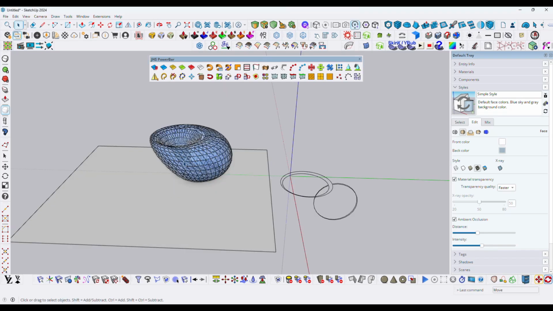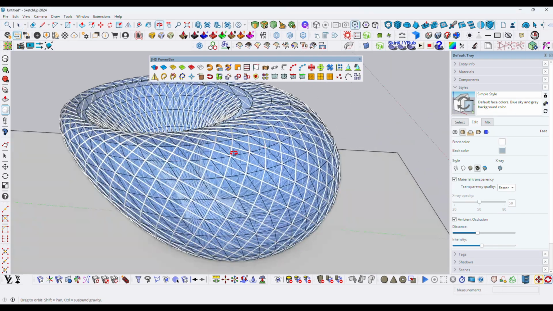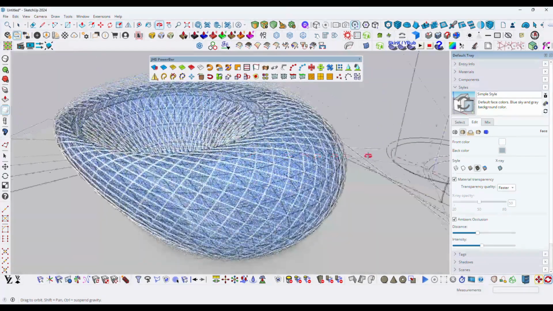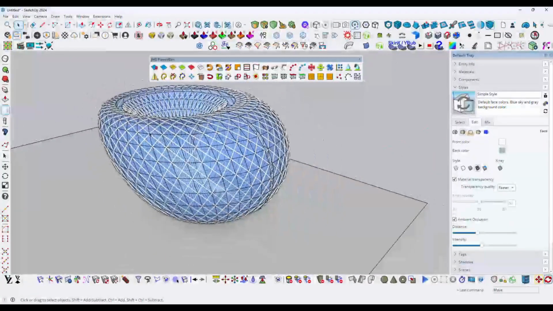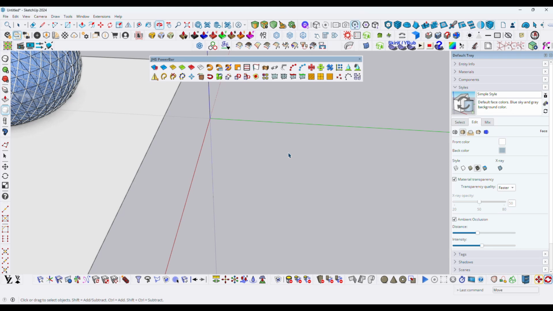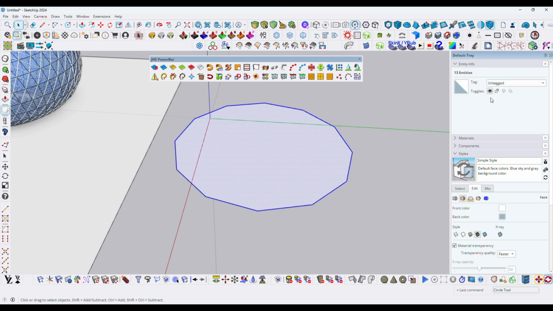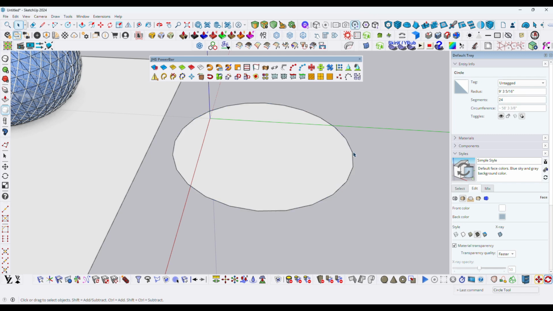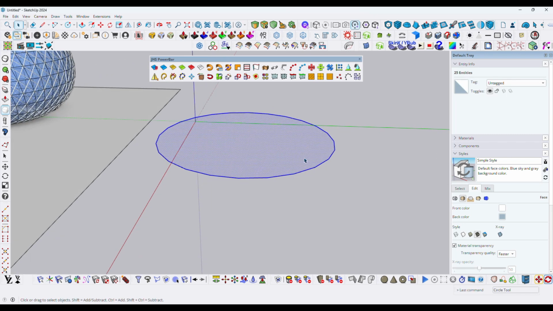Hello guys, welcome. In this tutorial we will learn how to create such a complex model in SketchUp using a free plugin. First you have to draw a circle like that. The segment count is here; you can find it over here. This is 12, so here I'm making it 24. Okay, now you have to